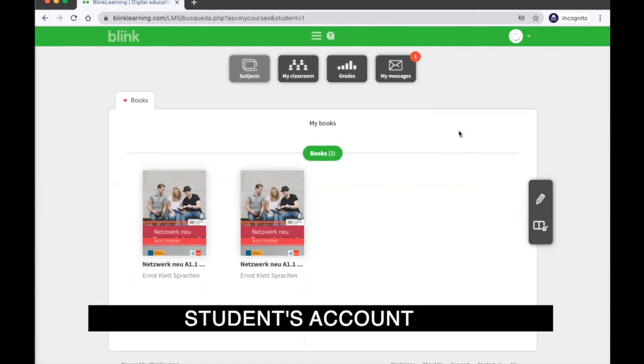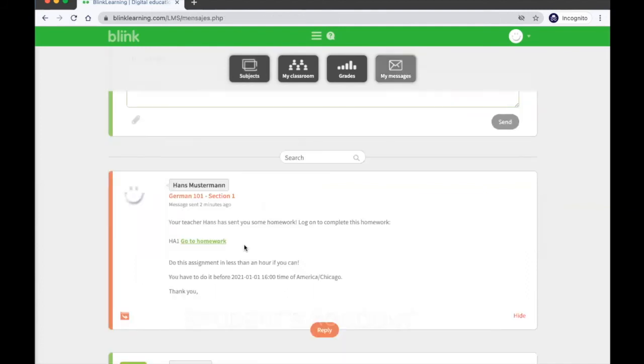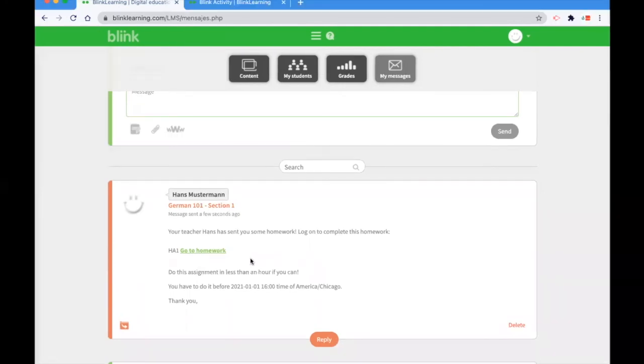Your students will receive a notification in their My Messages area when they have a new homework assignment. In their Messages area, they will be able to access the homework that was assigned to them. If you would like to capture a link for external posting of this homework assignment, simply click on the homework assignment to open it,